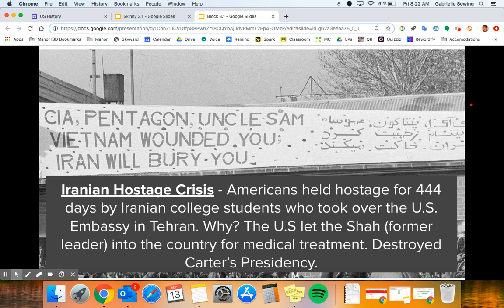And that started the hostage situation. Iran was very mad at Carter. They weren't going to give these hostages back, and so they kept these people for 444 days. That ended up really being the turning point for his presidency. We expect our president not to allow things like that to happen. So when Carter was unable, weeks, months, even over a year later, to get our Americans home, that was kind of it for him, and that destroyed the presidency of Jimmy Carter.